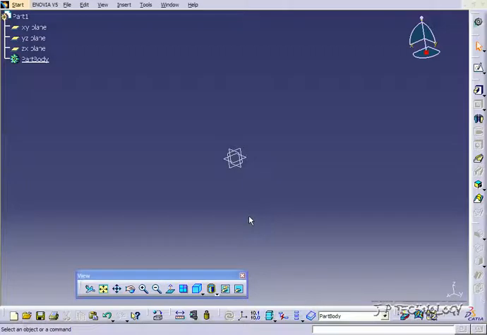This is tutorial number 53, and it covers how to do a basic multi-section solid within CATIA V5. To start off, open up a new CATIA V5 part file, and once you've done that, the multi-section solid tool is right here. So what we're going to be doing in this tutorial is just a basic one to start out with,